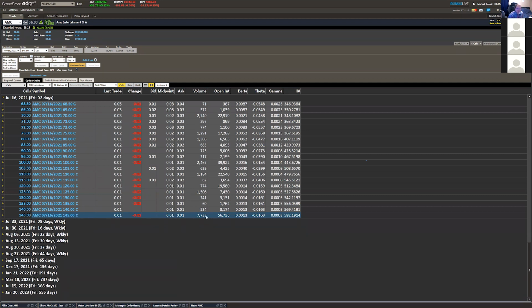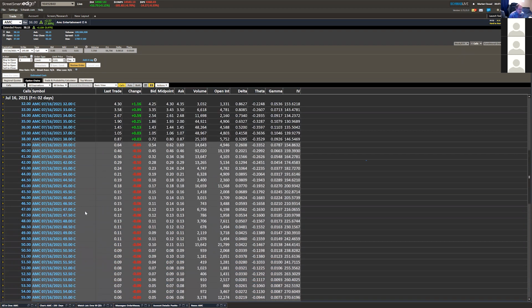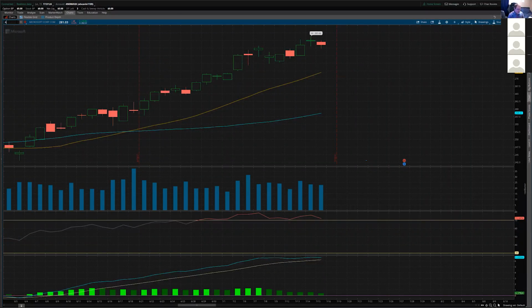And obviously it's for 1 cent. But look at this open interest. 56,000 people are trying to either buy or sell. The volume traded was 7,700. So you get some people, I won't comment on their intelligence level, but some people truly believe it's going to hit this price. Now, a realistic thing for AMC, and I'm just going by the technicals, meaning I'm seeing what